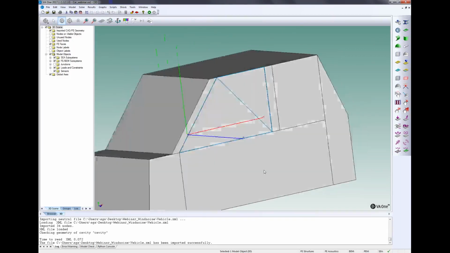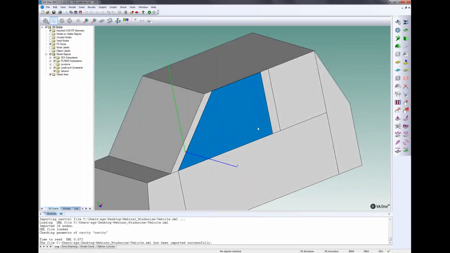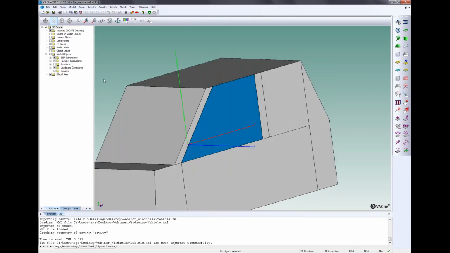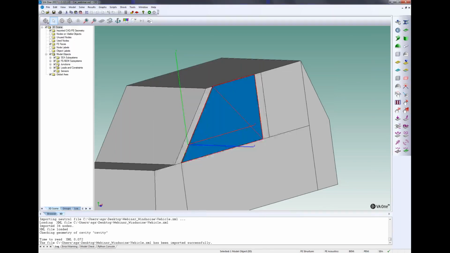The material is glass. So we'll apply the load on this side window and look at the power input into the structure and also into the cabin cavity, the internal pressure level due to the aeroacoustic load. Here is the junction in red. So this junction will connect and manage the radiation loss factor between the structure and the cavity here. I just mask this one.